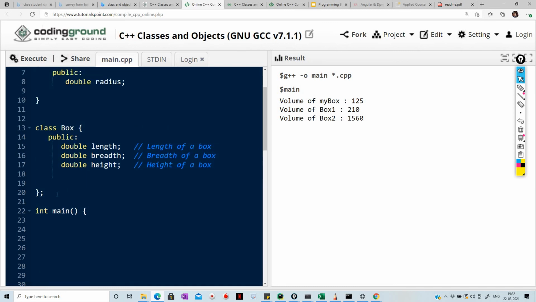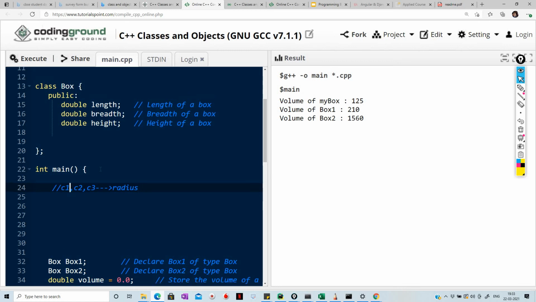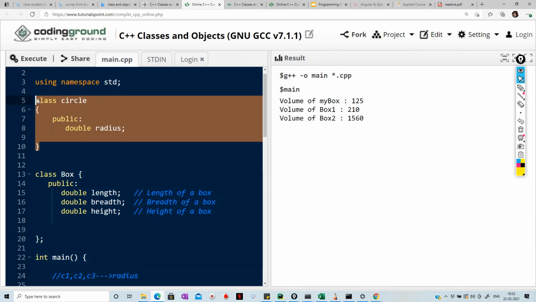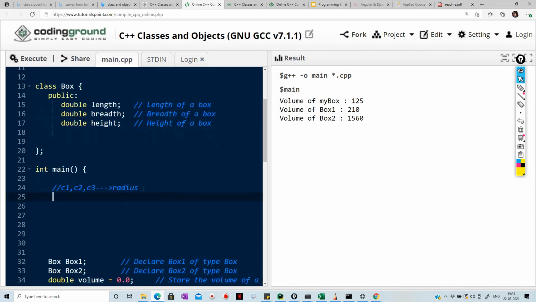What we can do, first we have to see, because suppose हमारे पास सर्कल C1 है, हमारे पास सर्कल C2 है, हमारे पास सर्कल C3, हमारे पास 3 सर्कल हैं. कोई भी सर्कल हो, कॉमन क्या उनके पास? कॉमन है रेडियस. सबके पास रेडियस होगा. So we need to calculate it. So for every circle we are not going to create 3 different radius, we are going to use this class. Okay, and what we will do, we will create an object for that class.